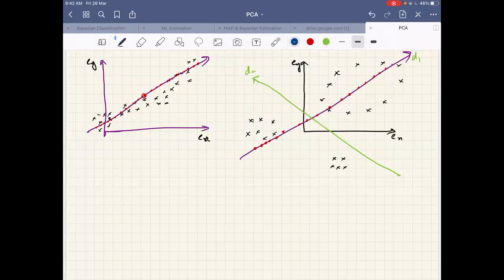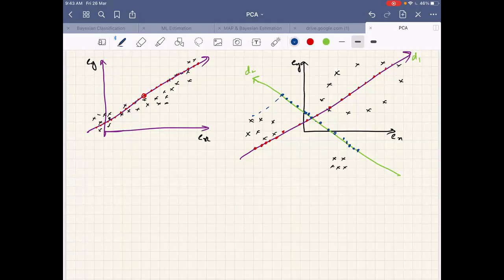Do you think you will see the samples now? If you see the sample is here, are you able to see or not? I'm just projecting the samples. Okay, all the samples are here, and then all samples are here. Now if you see D1 versus D2, in which case will the projection errors be smaller? D1 case. D1, very good.